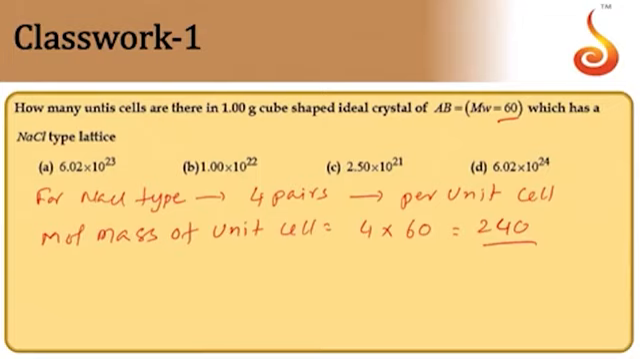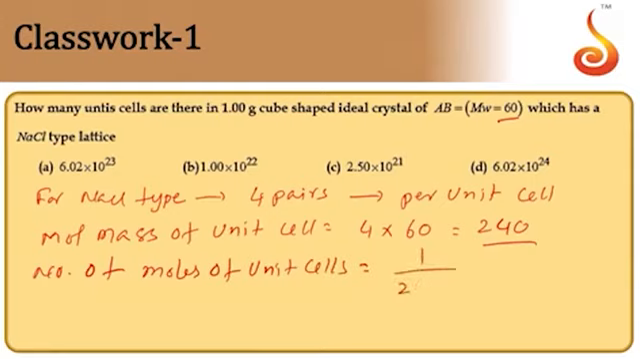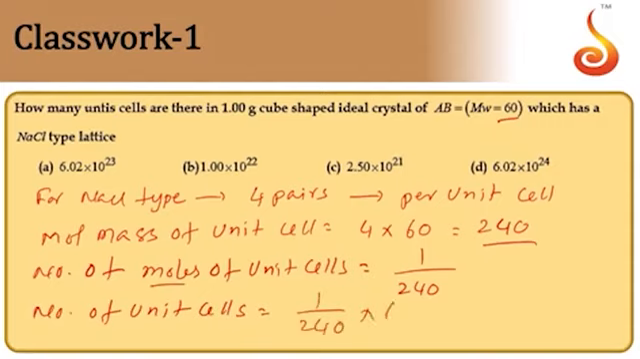Now, number of moles of unit cells will be equal to mass by molar mass. Mass is 1, molar mass is 240. Now number of unit cells will be equal to moles, which we got, into Avogadro's number. So 1 by 240 into 6 into 10 to the power of 23, which is equal to